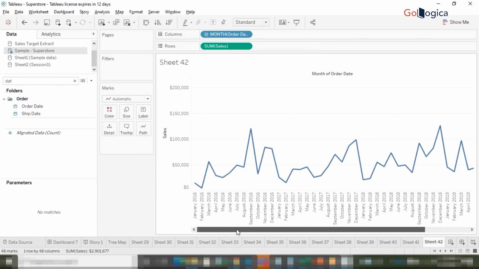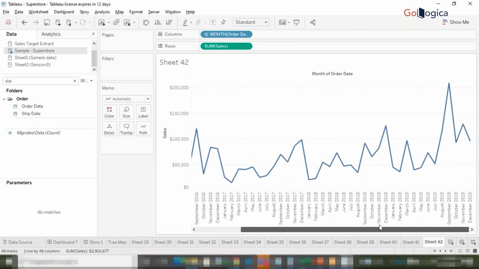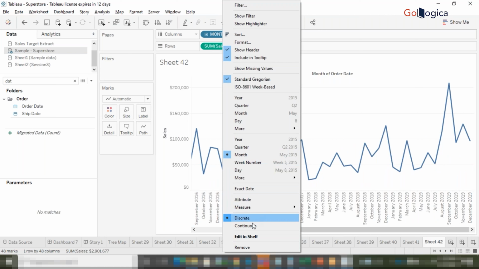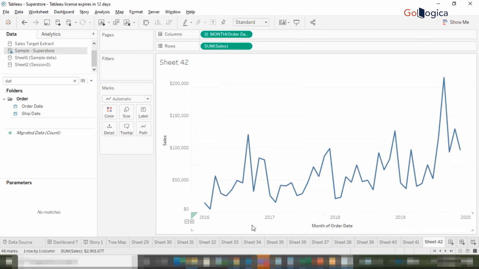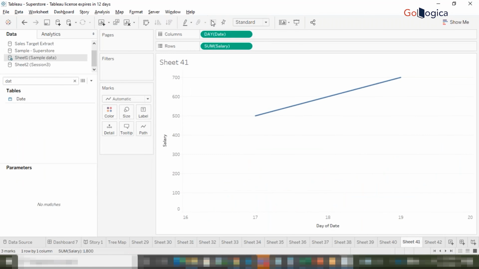But then you can't see the whole flow at a time, and you get this scroll bar. If you want to see only the flow, then you go for continuous mode. With that, you can see the flow, but not all the months and years. So that is the main use of continuous and discrete mode. So with continuous mode,